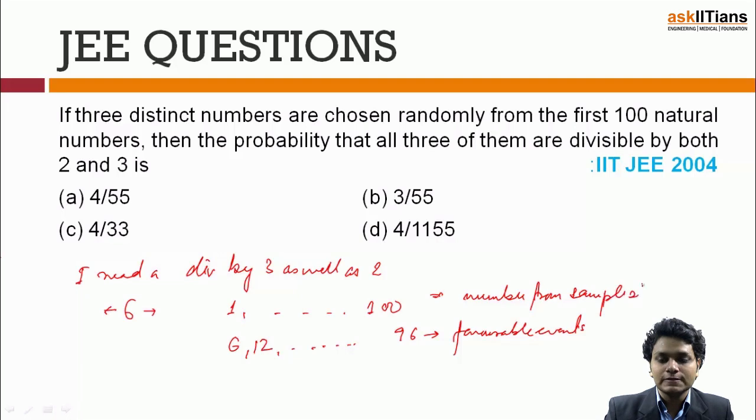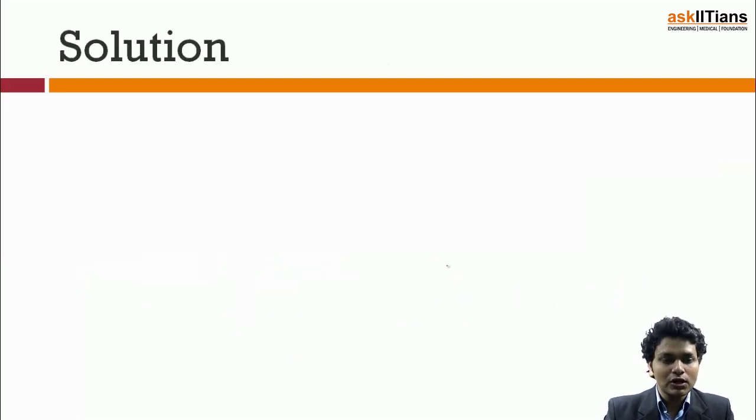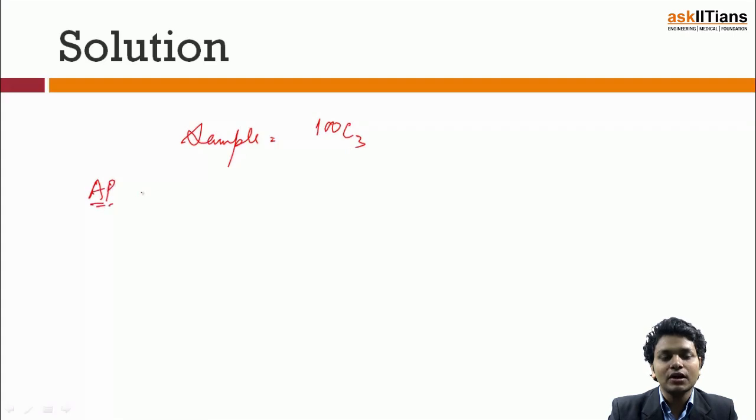So if I'm really concerned about that, what will I do? I'll choose my sample space. Sample space can be chosen very easily, and that will be 100C3 because I need 3 numbers. And from the knowledge of AP, I can find out the total number of terms, because the last number is going to be 96, and 96 divided by 6 is nothing but